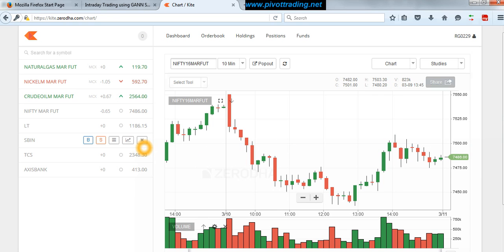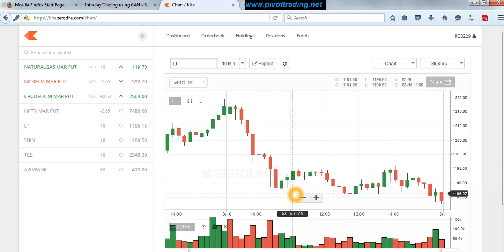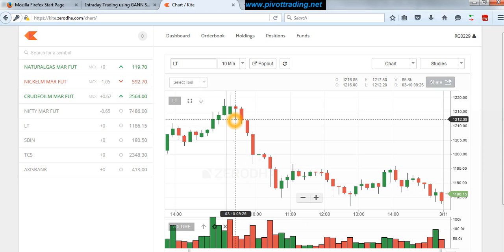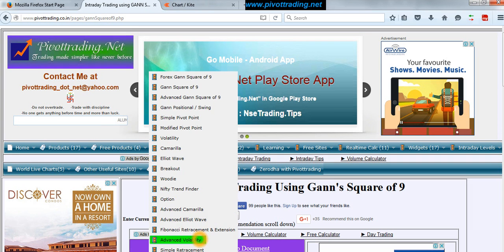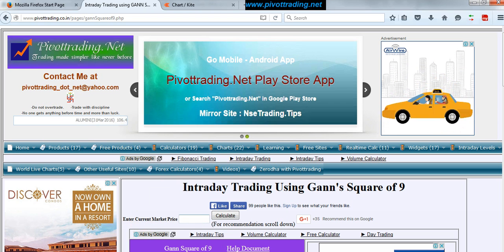Okay, now let's take some other example just to see how things work in other cases. Let's take an example of LNT. So we will look at the initial candles of 9:15 and 9:30 and 9:45. So these are again the two candles. At 9:35 we see the closing price is 1211. Look at here. So for this particular candle, the close of this candle is 1211.95. Let's put it here, 1211.95, and then we do a calculate,